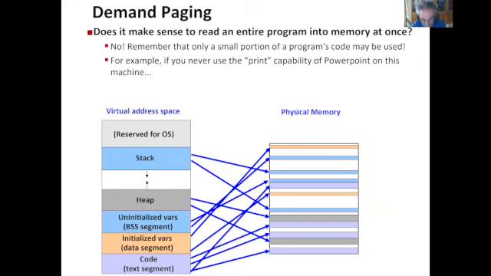And how does it work? Well, it works as follows. You don't do anything. What you do is you try to fetch the first instruction of your executable. And guess what? When I want to fetch the first instruction in your code, it has an address. You split it, you get the VPN, you go to the page table, and in the page table, initially,